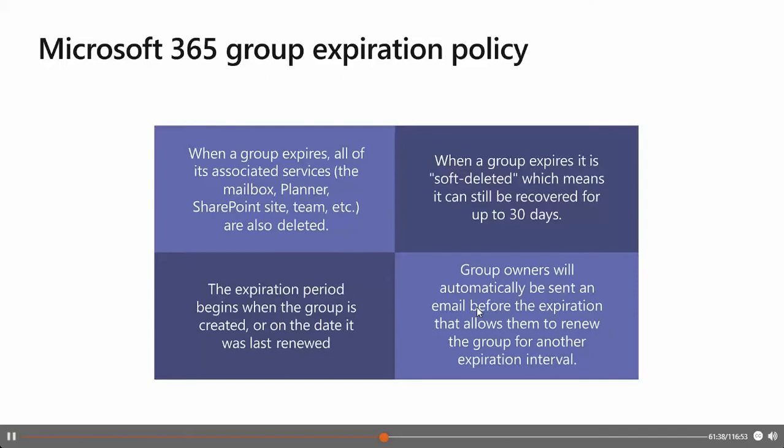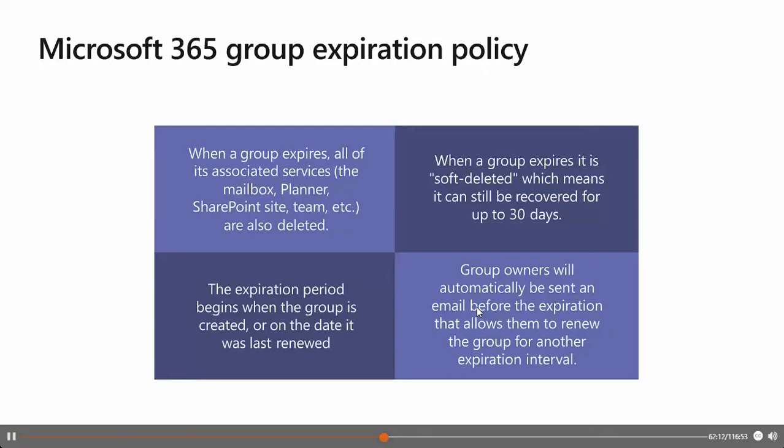The most optimal solution for this is to set an expiration policy, which helps you to remove inactive groups from the system. The expiration is turned off by default, so administrators really have to enable the feature in the tenant and specify an expiration period for a group, for example. When approaching group expiration, an email notification will be sent to the group owners if renewal is needed for an additional period. If the group is not renewed, the group will be deleted automatically.